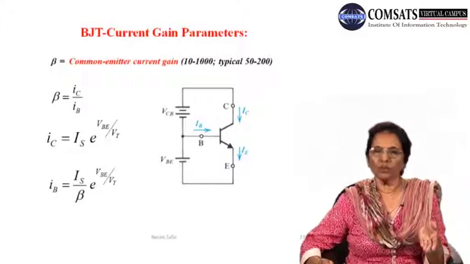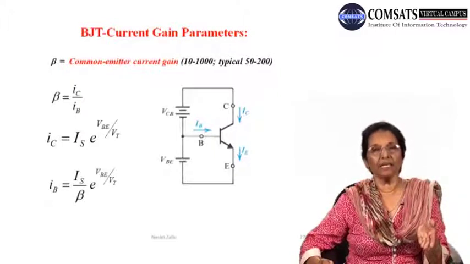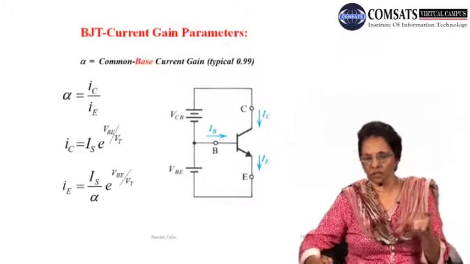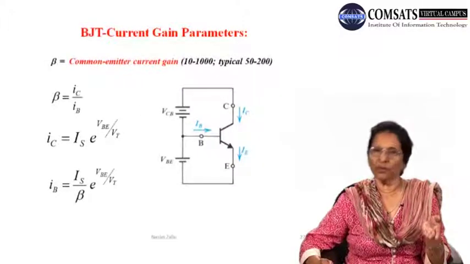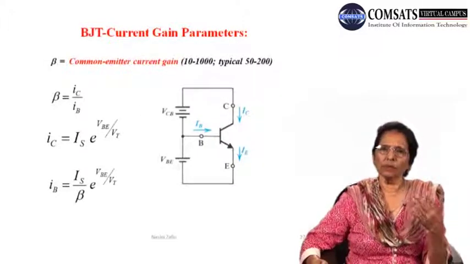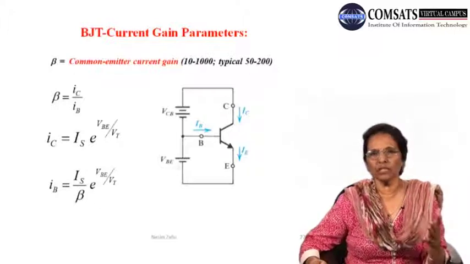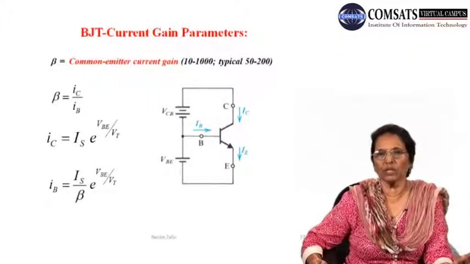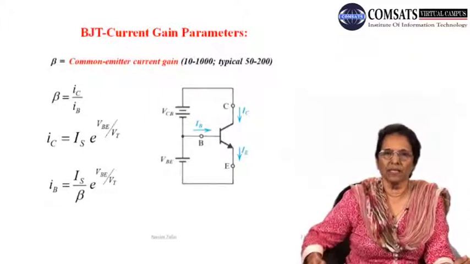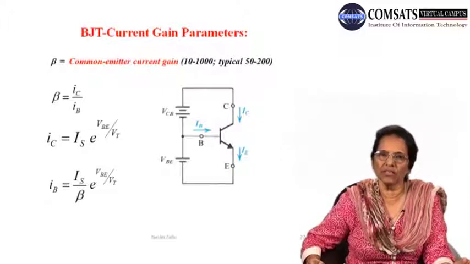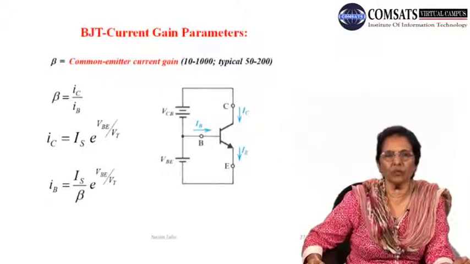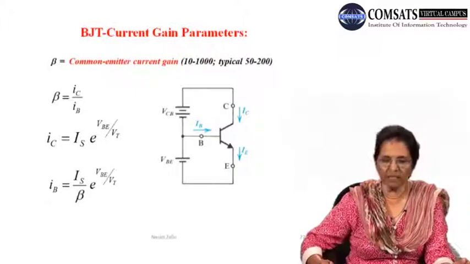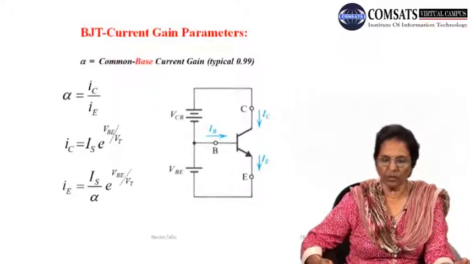In this slide, I have chosen yet again the NPN transistor so that you can make a comparison with the common base for the same transistor, which is NPN, now with the common emitter configuration. In the common emitter configuration, because the emitter is now common between the 2 biasing, as shown in the output as well as the input circuit on the right hand side, the gain factor now would be the output current IC, which is still the same as in the common base configuration, but you would notice